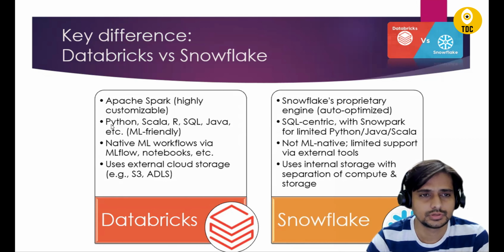Right? And if you talk about the programming languages, Databricks supports multiple languages: Python, Scala, R, Java, SQL, and it even supports real-time coding in notebooks. So it is a dream platform for most developers and data scientists. And Snowflake is SQL first. So Snowflake concentrates more on SQL. You can use Snowpark if you want to use Python or Java, but the platform is really optimized for SQL